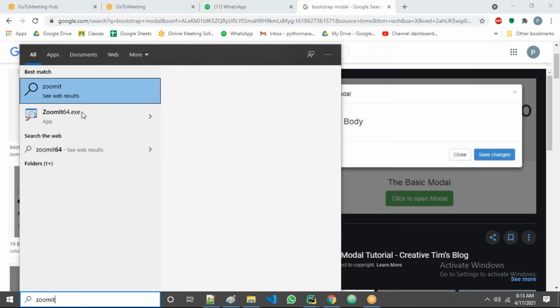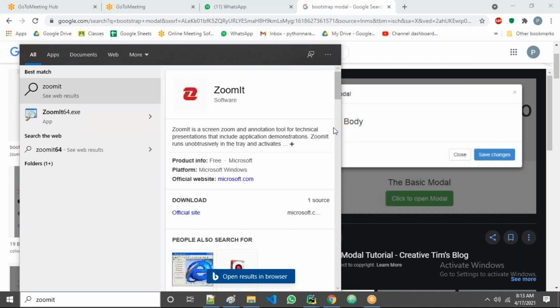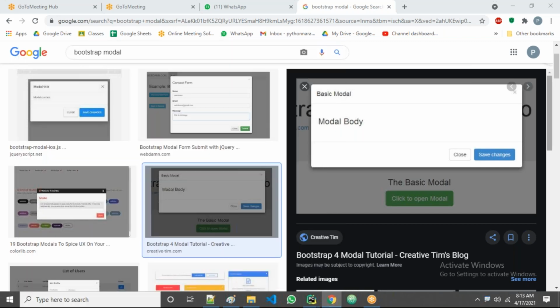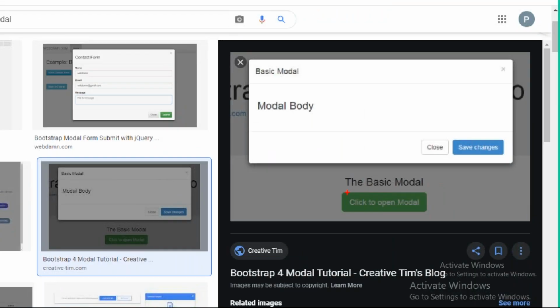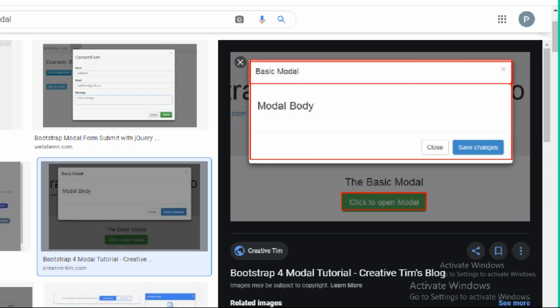Now all of you observe. So what happened here? If you click on this button, this modal opened, guys. See here, this is the modal header, this is the modal body, and this is the modal footer, guys.